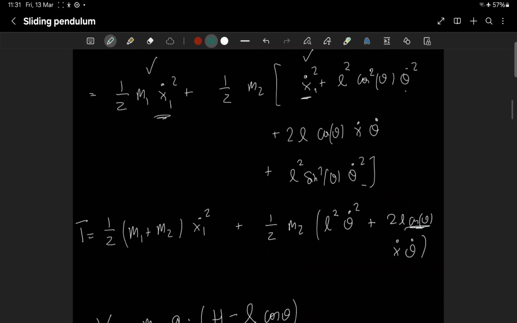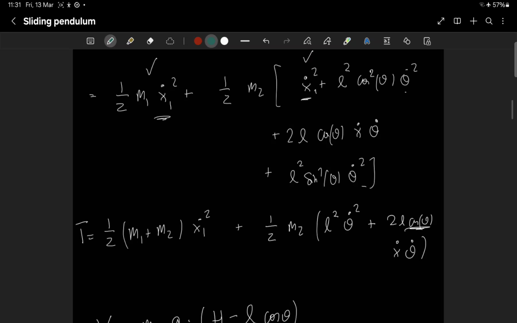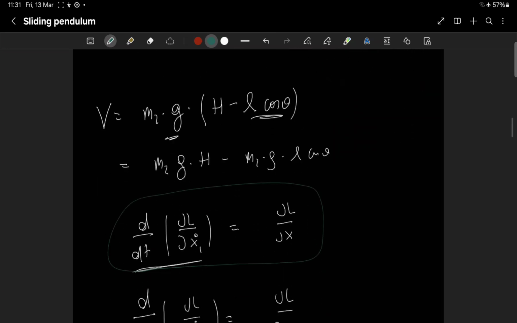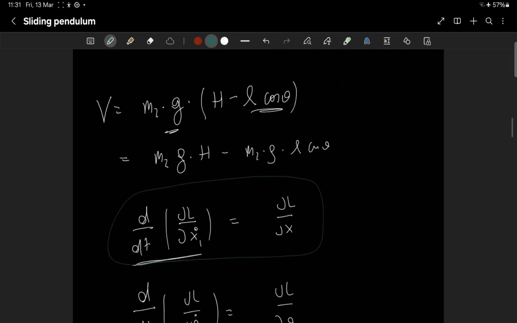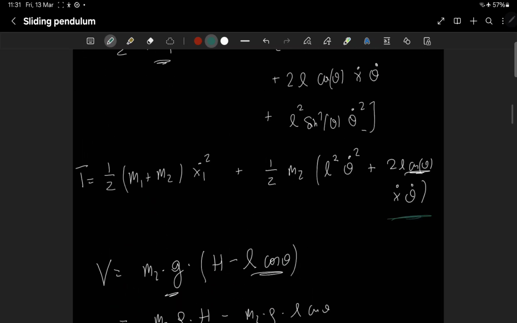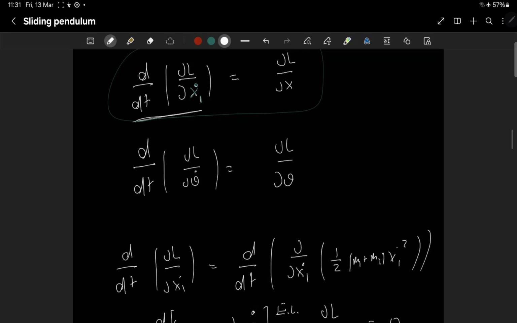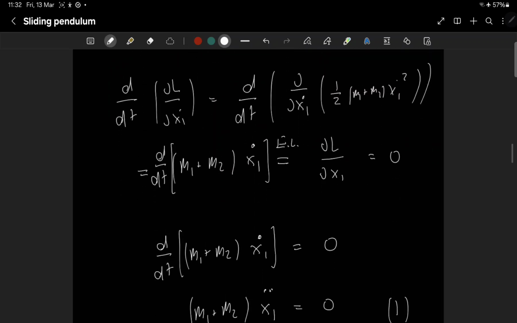This is the kinetic energy. Yes, the x dot dependence is not only in the kinetic energy but also in this term over here, right? So we have to take